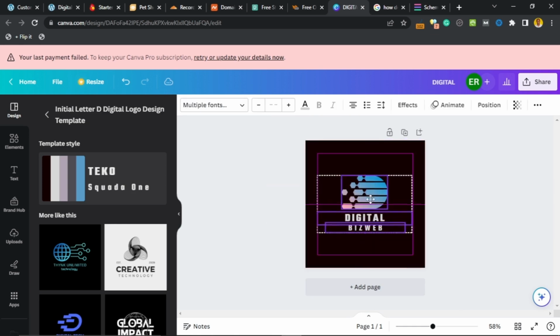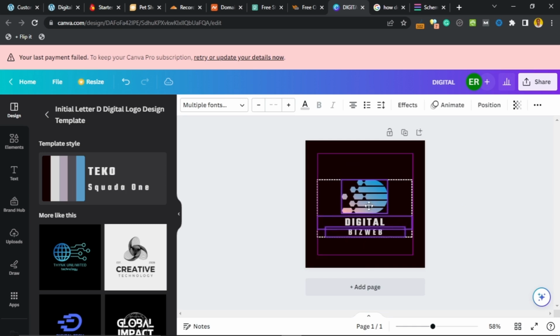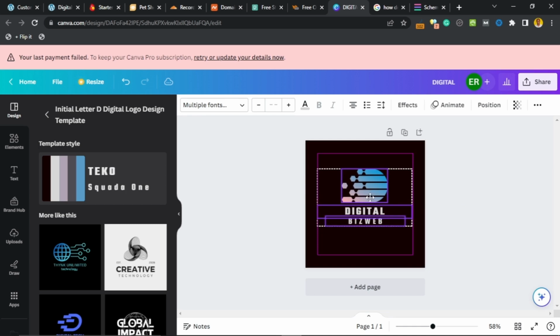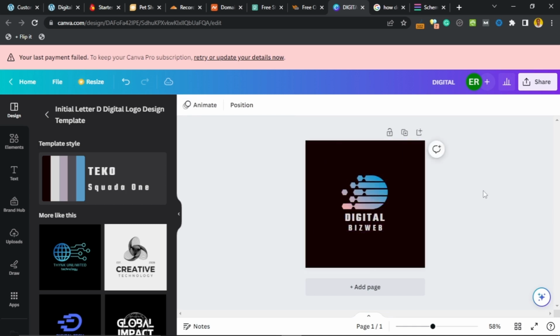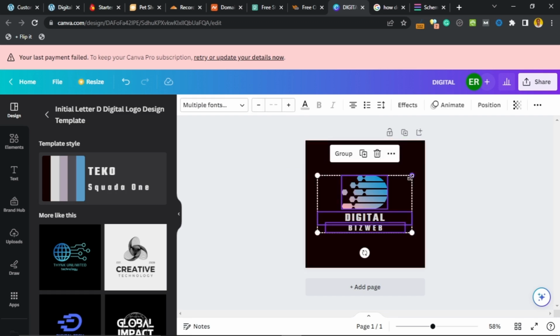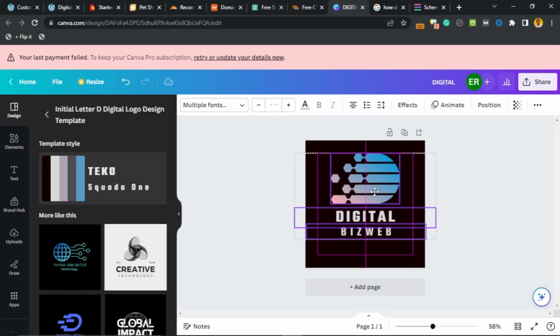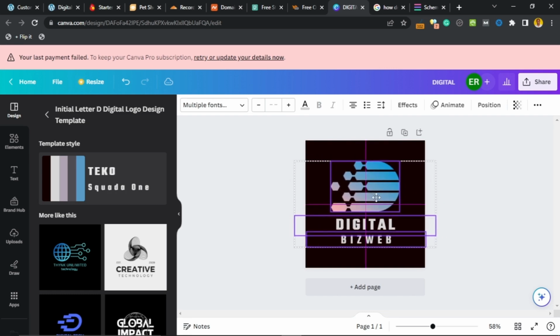I'll select all of them, drag and select all of them. I'll bring them to the center. I just want them at the center of the page. And then once it's at the center, I'll just go ahead and increase that. I'll just increase that, bring it down. Okay, that's